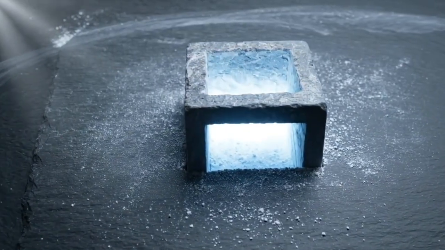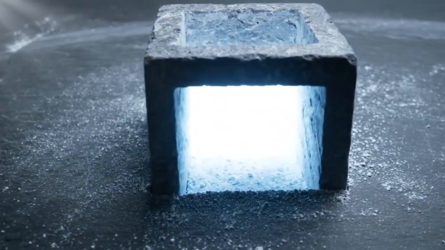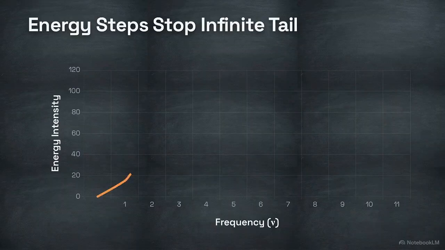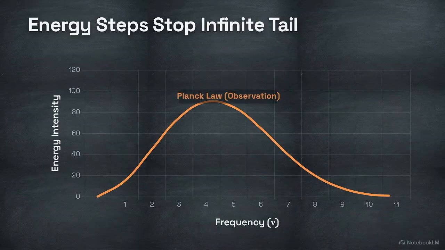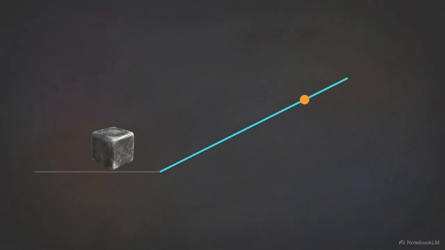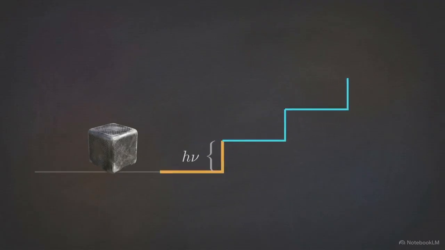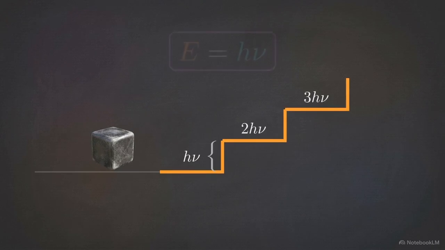Last time on Chronolab, Max Planck rescued classical physics from the ultraviolet catastrophe with a bold mathematical assumption. Look at the high-frequency tail of this blackbody curve. To stop the classical prediction from flying off to infinity, Max Planck proposed a strict limit. The material inside the oven could only exchange energy in precise steps, related to frequency by his new rule, E